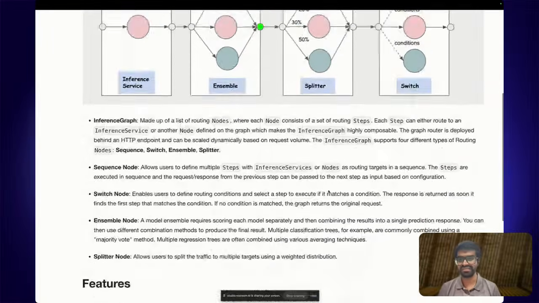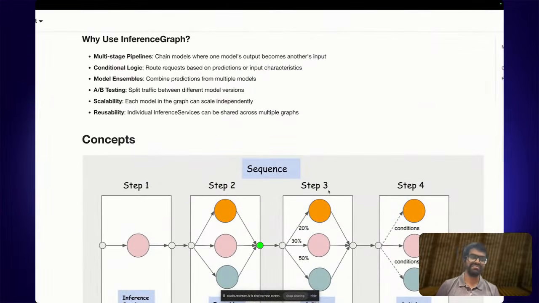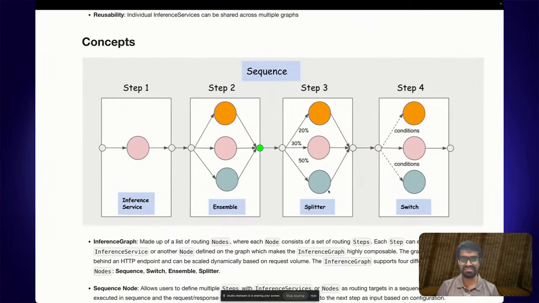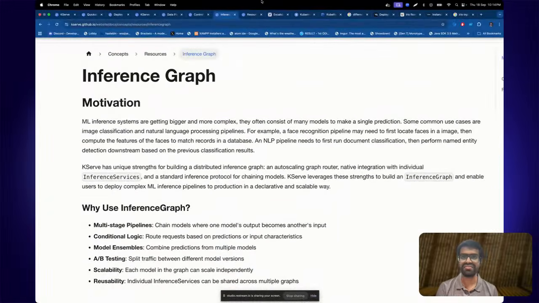So that's pretty interesting, because if you have a much larger project, it basically means that you're not just reliant on one single model, but you're probably passing the results or the predictions of one model to another, or you could combine predictions from multiple models together. That's also pretty interesting, like how it routes your request based on the request volume. That's pretty interesting to allow users to have multiple steps and then accurately just work on that one. So that's our inference graph.